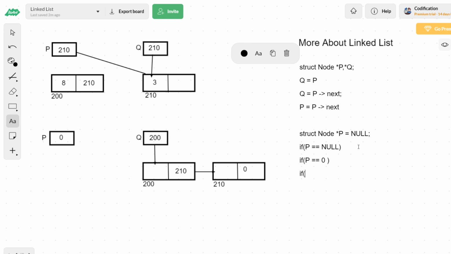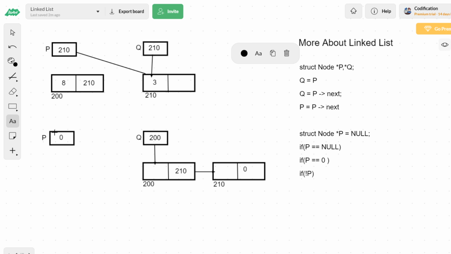What I'm going to do is, if logical not operator, then P. What is the use of logical not operator? If something is true, it will change it to false. If something is false, it will change it to true. So 1 is converted to 0, 0 is converted to 1. Very simple. So now, what is the value here?